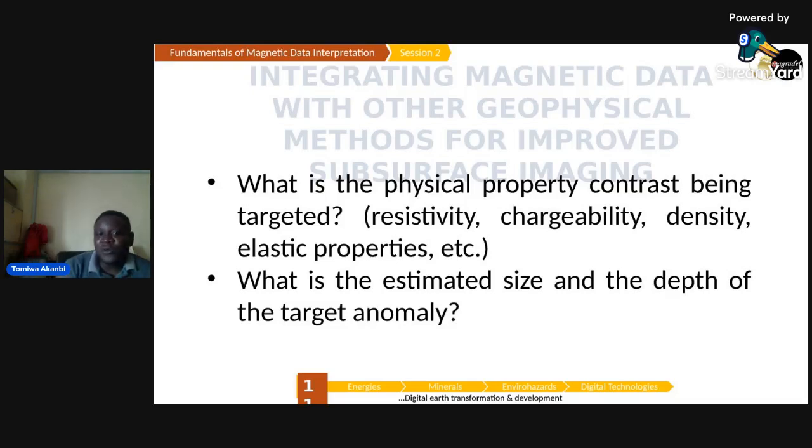So one of the surveys that you can use, okay, before we start talking about the surveys, we also need to consider the property for this particular mineral that we are trying to explore. One of the properties that we can consider is resistivity, another is chargeability, another is density, and then sometimes the elastic properties. So in the case of gold, one of the properties that we usually consider in most cases is the chargeability. Chargeability basically is